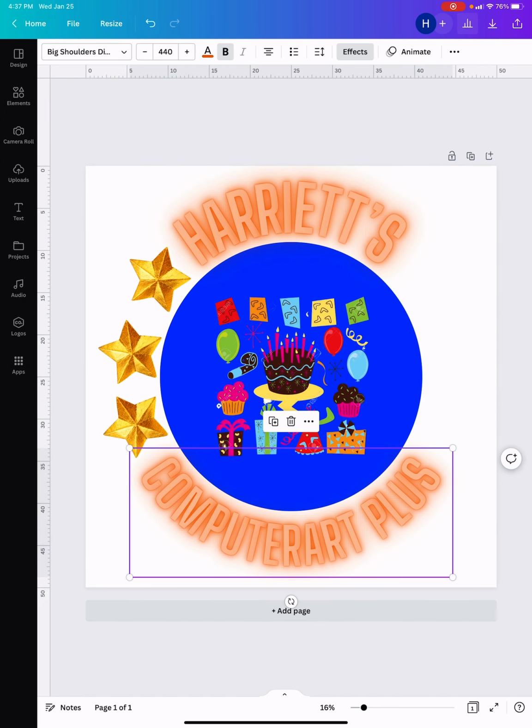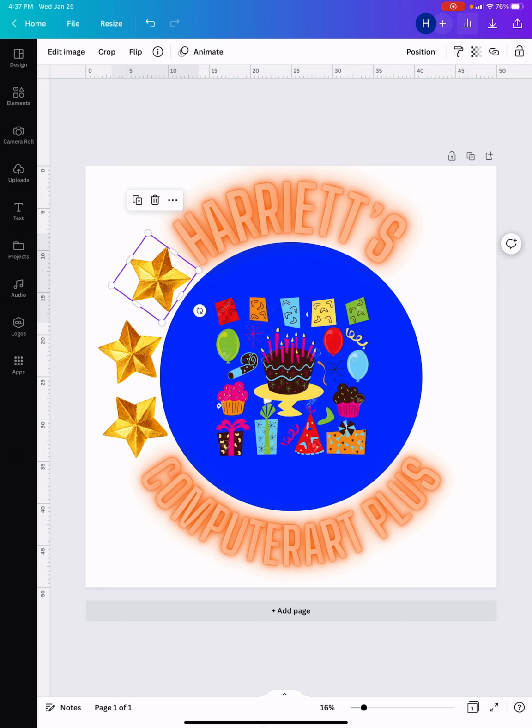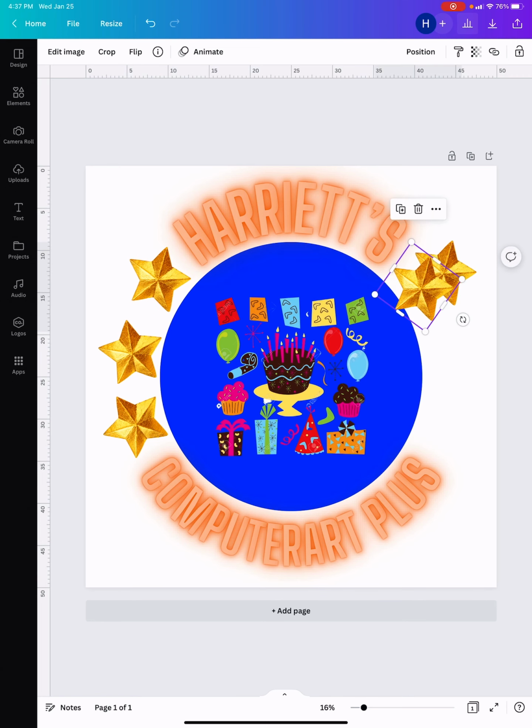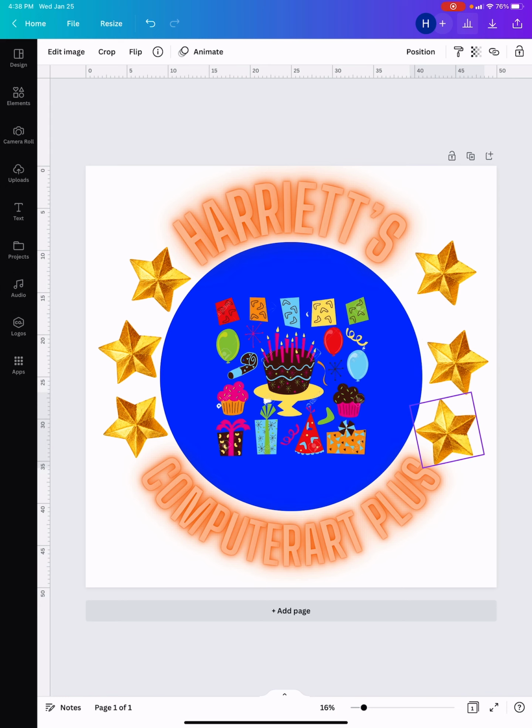So I'm going to do the same thing. I'm going to tap on this star. I can just make 3 of them if I want. The second one and then one more. And move those over to this side and then just line them up according to the stars on the opposite side by using that curve tool again to line them up